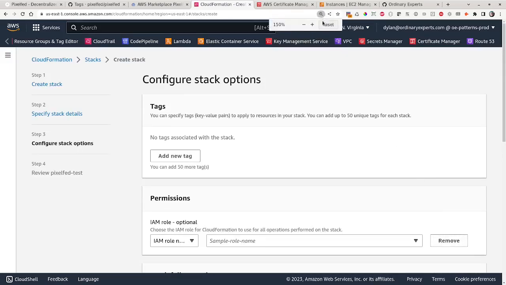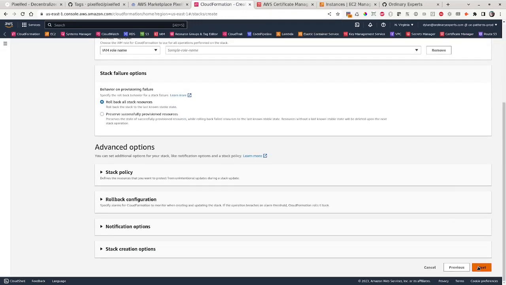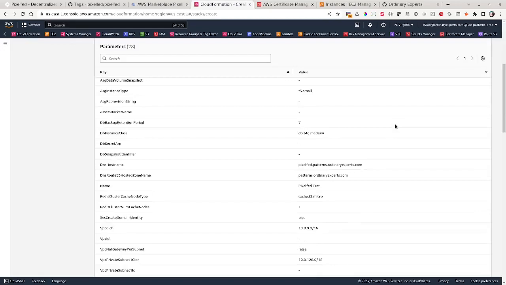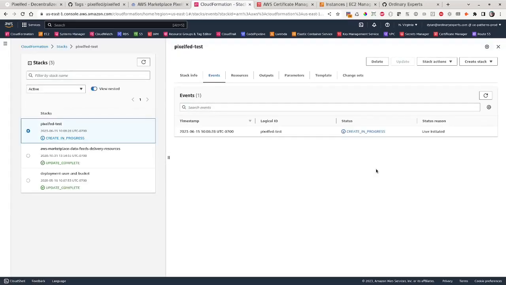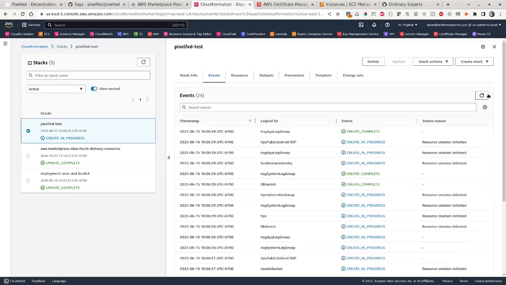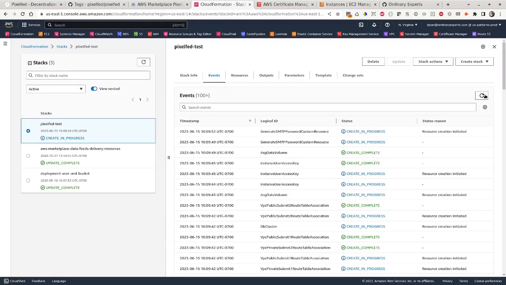So now I'm just going to go through the rest of the standard CloudFormation deployment screens. It's going to let me review my parameters and the other options I set, which I didn't set any in this case, and just hit submit. All right, so we're starting to provision our Pixelfed stack. I sped this process up to zoom through the provisioning process,